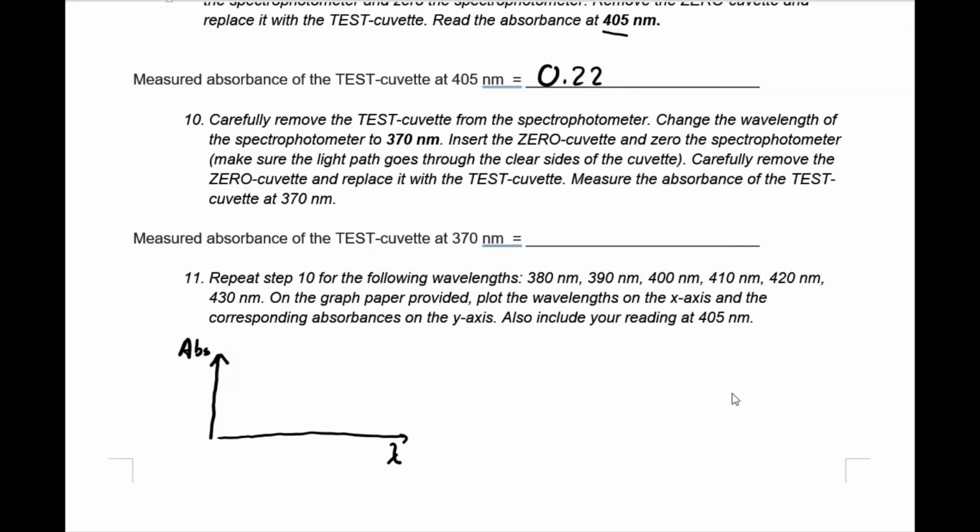So here we might have 380, 390, 400, 410 and 420 nanometer. And what we should have seen is that we get something like that. So the absorbance goes up from 380, reaches almost a sort of a plateau, and then goes